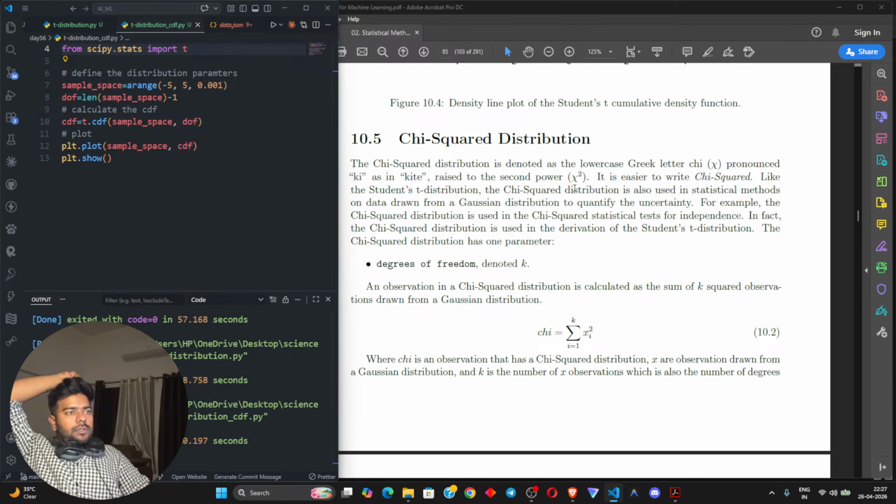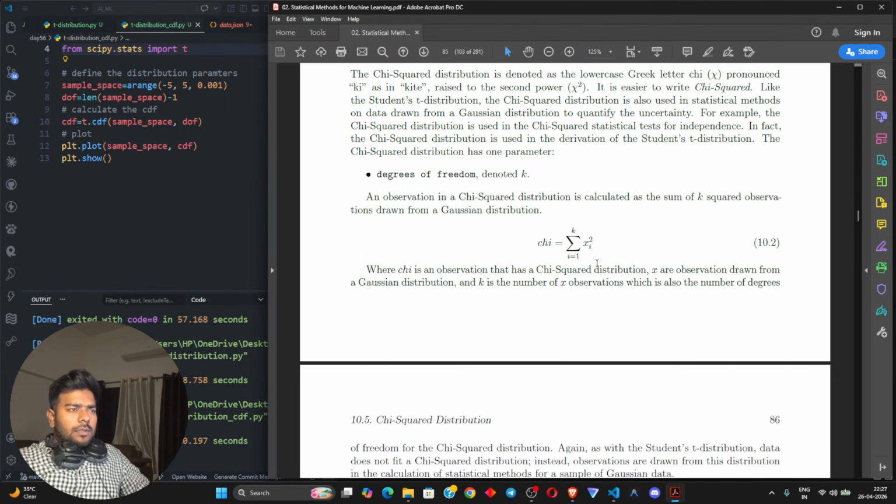For example, the chi-square distribution is used in the chi-square statistical test of independence. In fact, the chi-square distribution is used in the derivation of the chi-square parameter, degrees of freedom of k. Another version of chi-square is the sum of